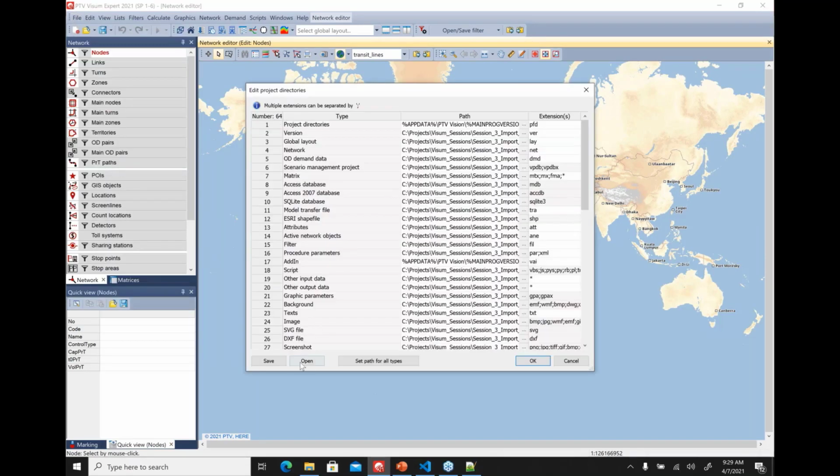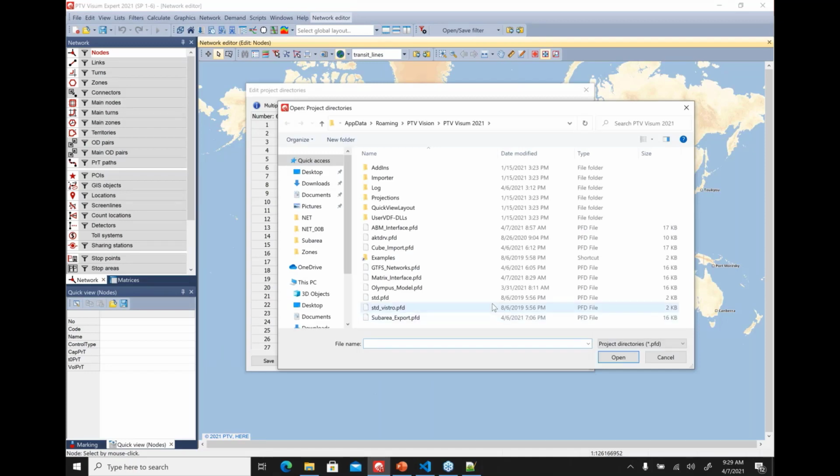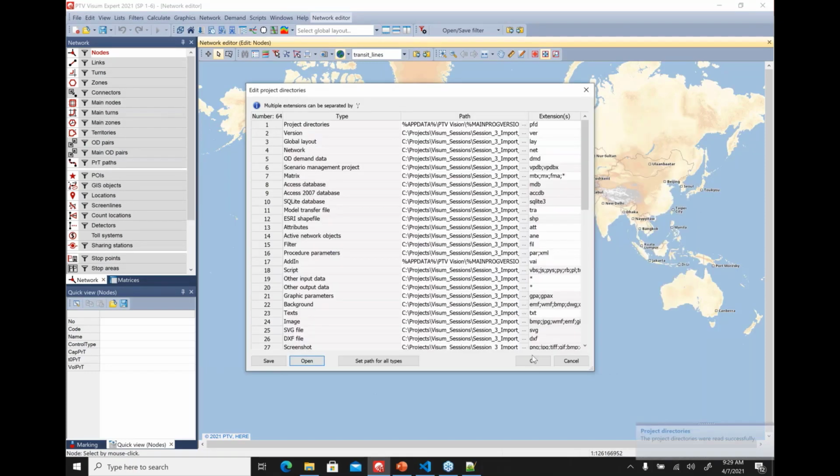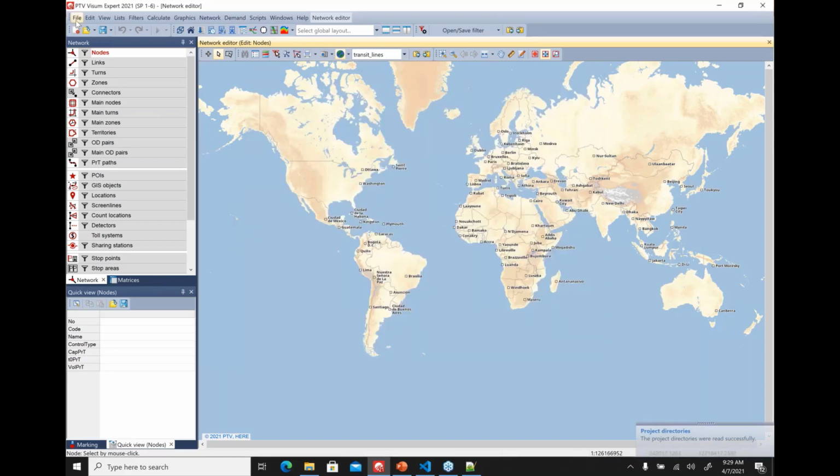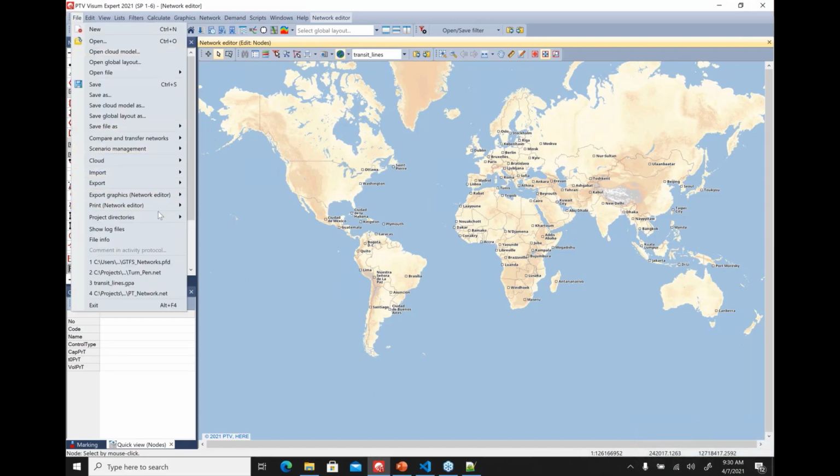So Edit Project, Open, GTFS networks, click OK. Now to import the GTFS network, again I go back to File, Project Directories. We've already set this project directory to GTFS. So then we go for